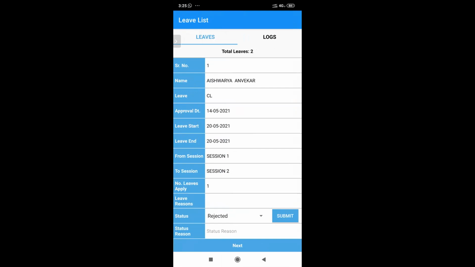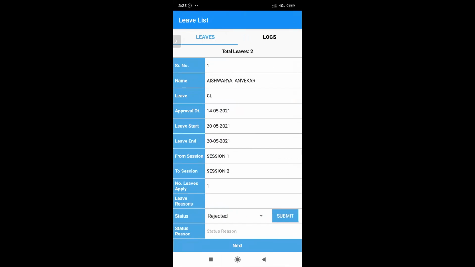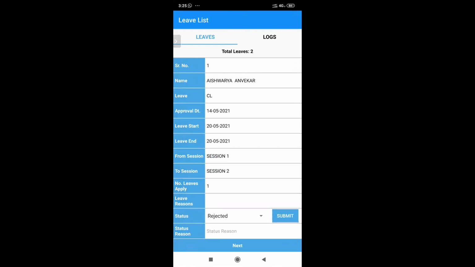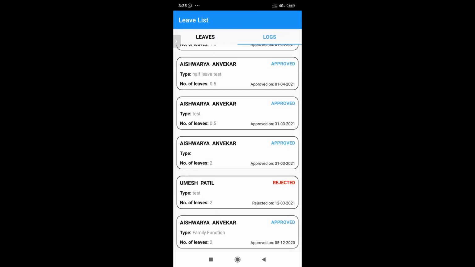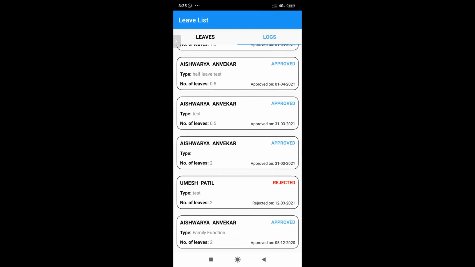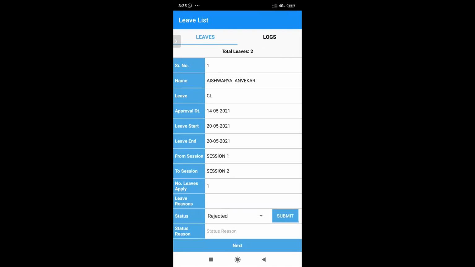So you can open it, see the leave that is there, and decide what you want to do. We need to drag to the right side to check all the leaves that are pending. This gives you a log of all the leaves that have been applied, approved and rejected. You can simply scroll like this. Same thing on the admin login. On the web login also you will get this, and you can approve or reject it, the same.